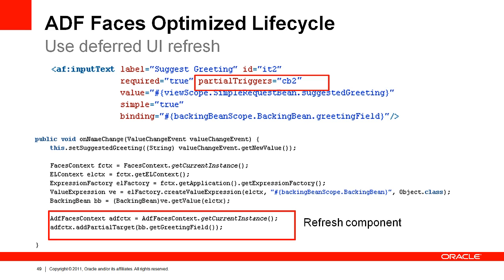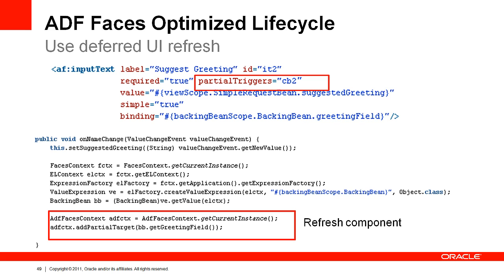This means that the event root stays just on the name field, and because it's only staying on the name field, the value change listener is executed, and in the code of the value change listener, we now access the greeting field